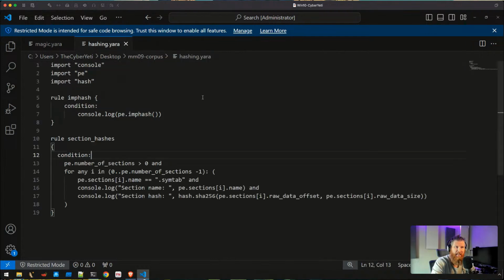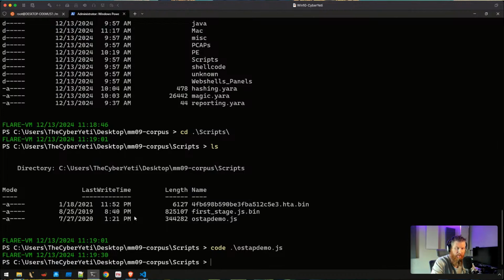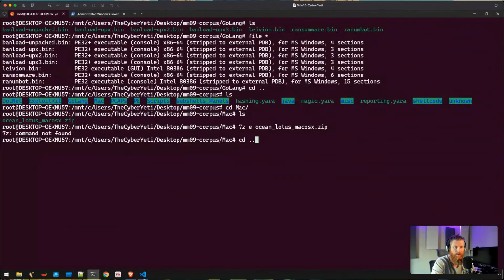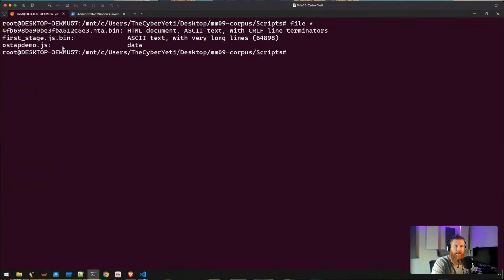But I can kind of look at it and see that it's JavaScript, at least some variation thereof. Now, what happens if I run file? Let's go back to our bash terminal, and we'll go to the script folder. Let's clear the screen. I'm going to zoom this in a little bit, and then I'll run file star here, and you'll see that here are the 3 output options that we get.